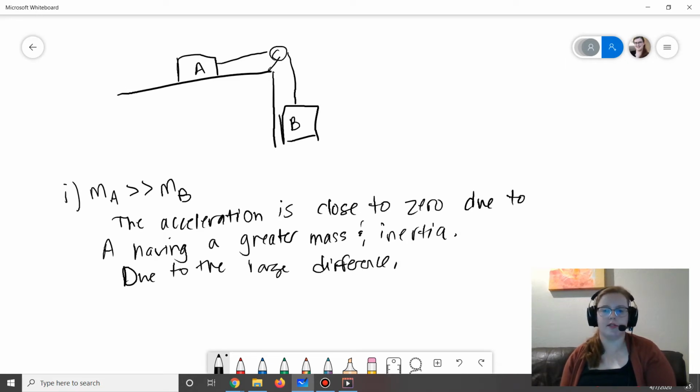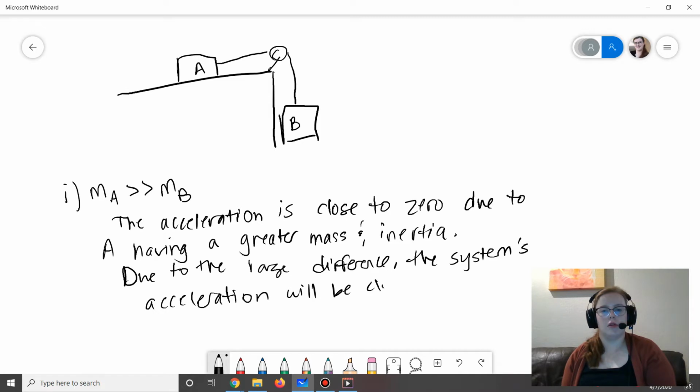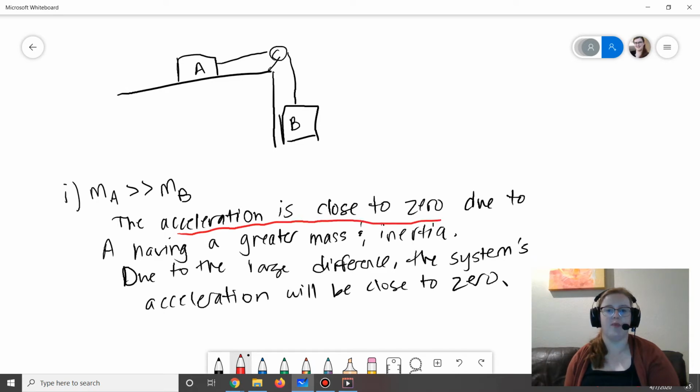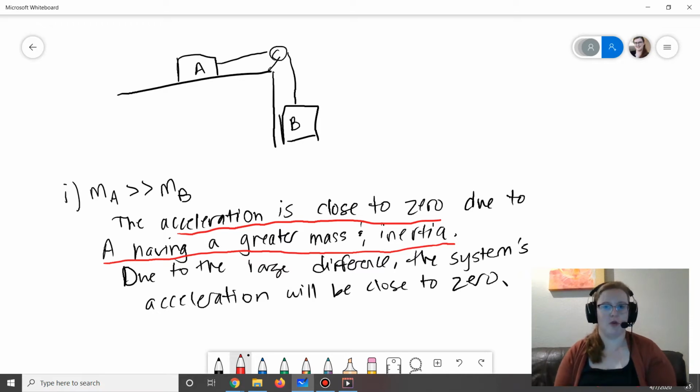So due to the large difference, the system's acceleration is close to zero. And I'm just kind of repeating myself there. On the actual AP exam, you can be a lot more terse with your response as long as you address the fact that, one, you of course want to state your answer, that the acceleration is close to zero. And you want to give your reason, which is because A has a greater mass and a greater inertia. I just wanted to explain it a little better because you need the explanation for it, otherwise you wouldn't be